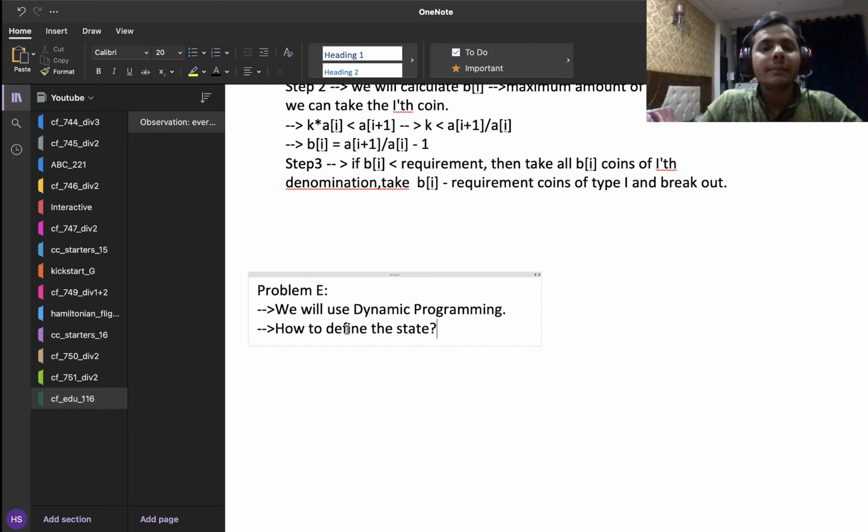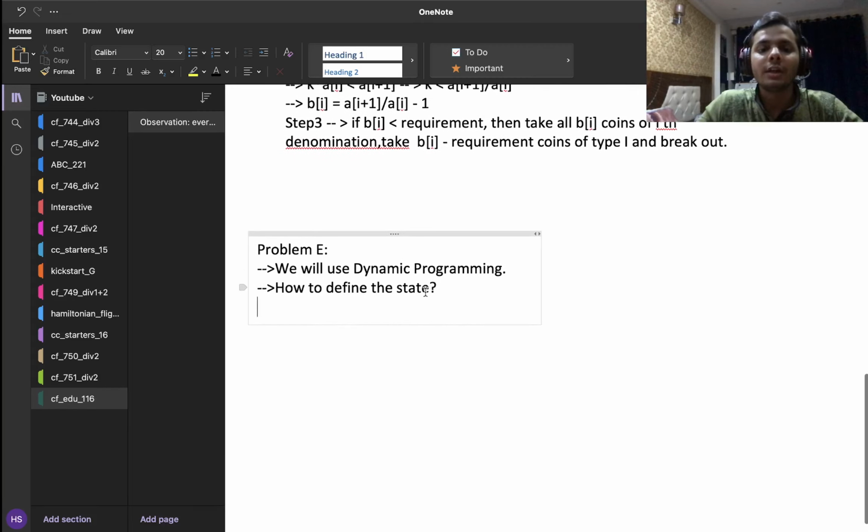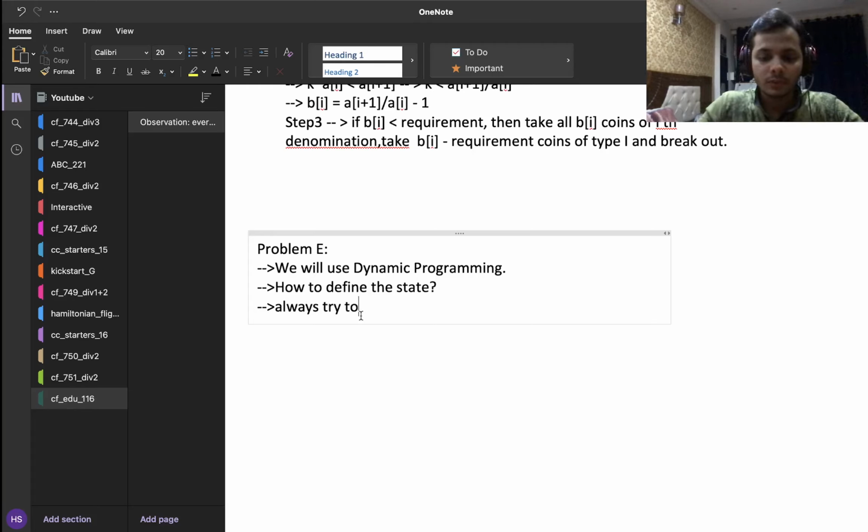I'm going to describe actually how I concluded that, yeah, that is going to be my particular state. And this is actually an art which you need to know to solve a lot of difficult DP problems. The art is to actually find out what is relevant and what should be in the state of the DP. So always when you are trying to find out the state of the DP, just try to find out what is the information which is relevant to you. Always try to find out the information which is relevant to actually successfully make transitions, right?